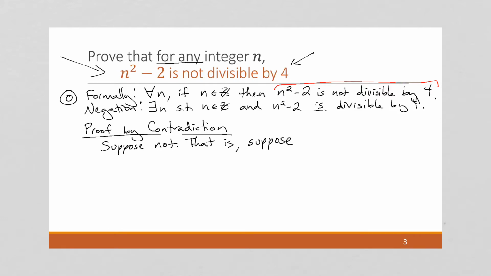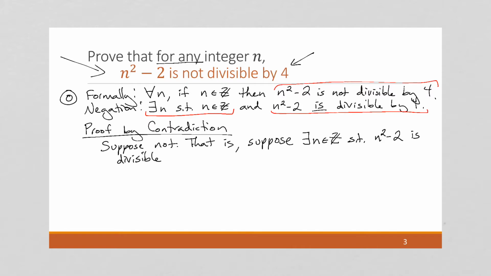While I think it's much easier to write the negation out if we first convert the statement to a universal conditional statement, I'm going to notice that this right here doesn't really add a lot. So I'm going to compress that and say, suppose there exists an integer n such that n squared minus 2 is